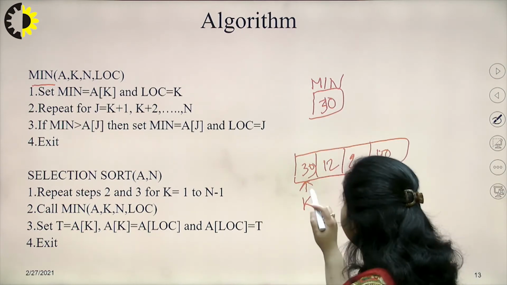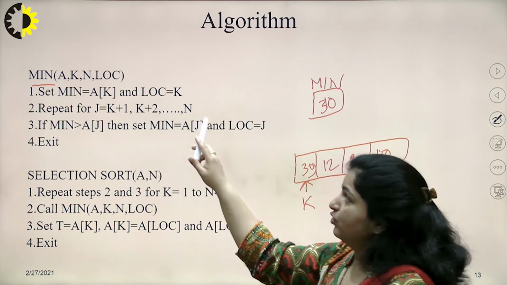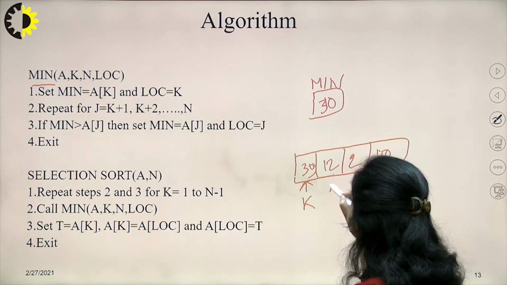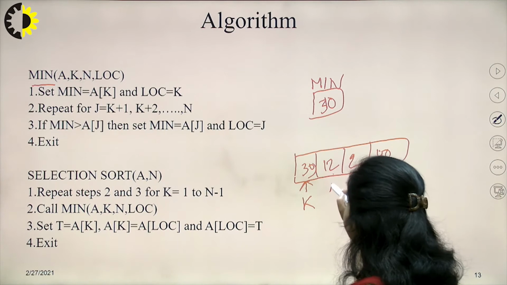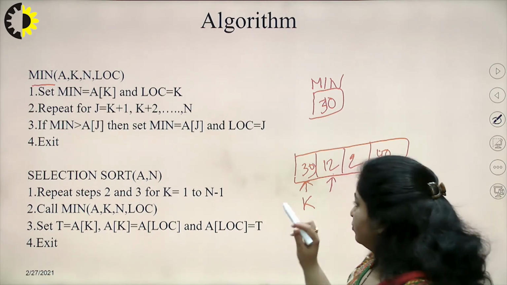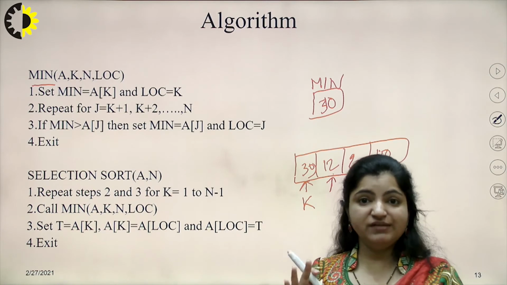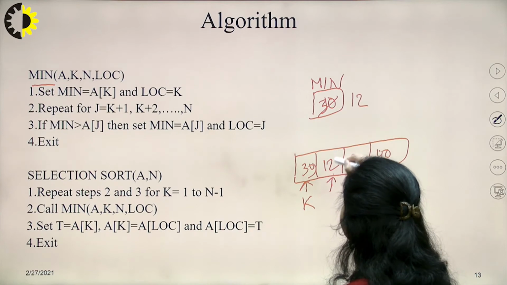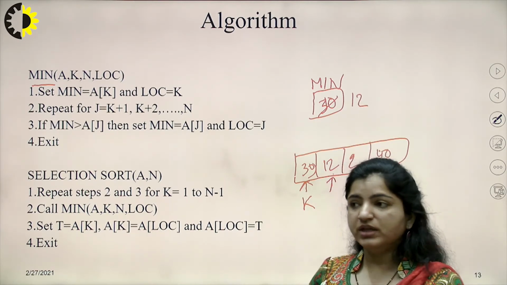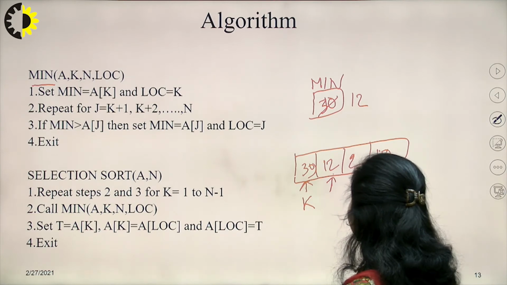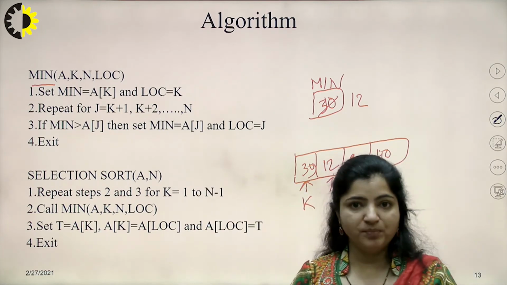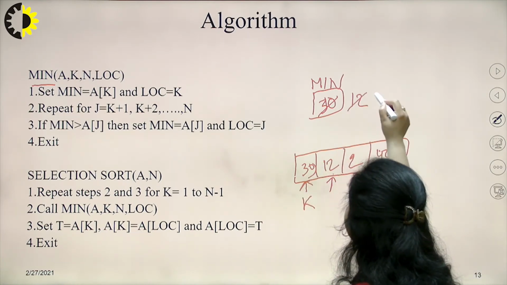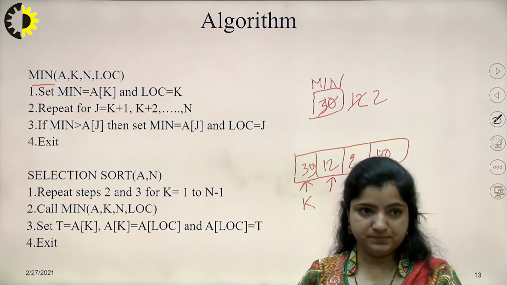Fine. So I will place this value 30 here in this min in order to find out the minimum value. When I place this value 30, I will keep on comparing for all the values till n. I'll keep on comparing whether this 30 is greater than the value present over here. Fine. So this 30 is greater than 12. So obviously 12 is smaller, and min should contain the smallest value. So now I'll update this min, and now this min will contain the smallest value 12. Then again I'll increment the value of k to the next value, like here k plus 2 value will come. For k plus 2, this 2 is again smaller than the value of min, that is 12. So I'll cancel this out and I'll place 2 over here.